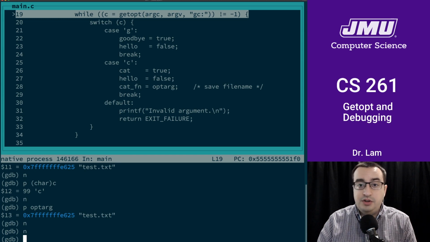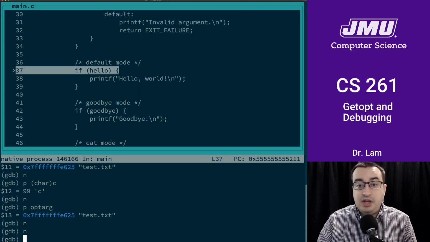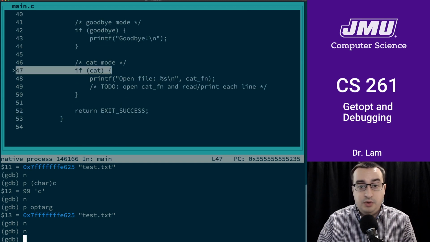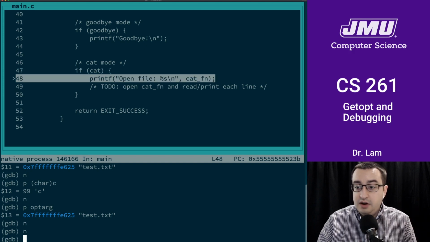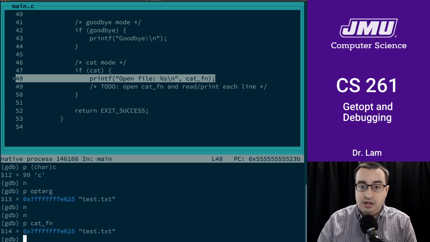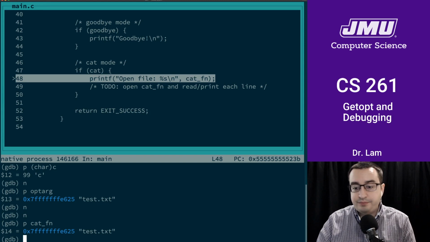So this will now return a -1, and we'll skip the hello because we set hello to false. Goodbye is not true, so we won't go in there. But cat is true, and so we will go inside here, and now we have this cat file name, which we can use to refer back to the file name that came as an argument to the -C flag.